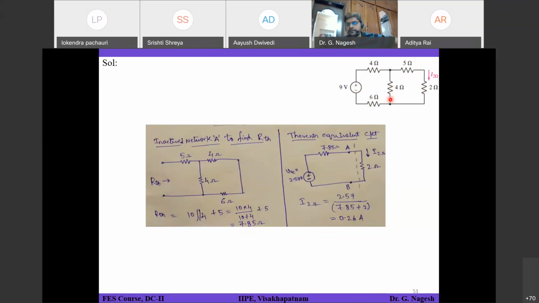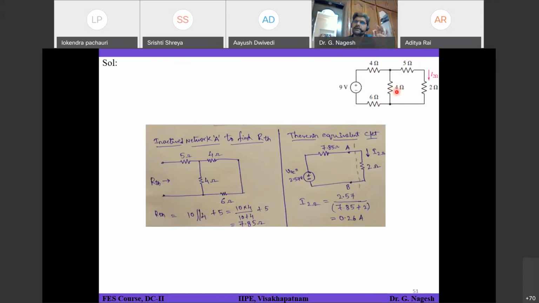Sir, in this circuit, which 2 parts will we consider? What is your question? Sir, if we consider the 4 ohm resistor as a load resistance, then the right part of the circuit will also be... No, not the right part. You disconnect only the 4 ohm resistor and whatever is seen is called circuit A, that means network A. Is it clear? Right. So that is called network A.